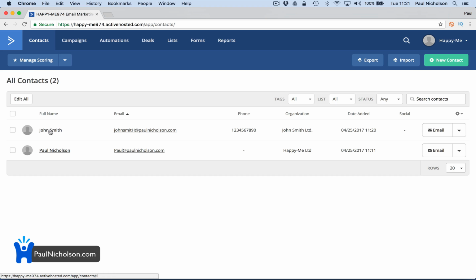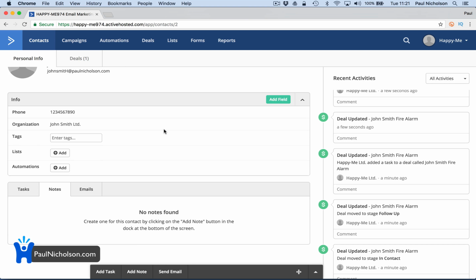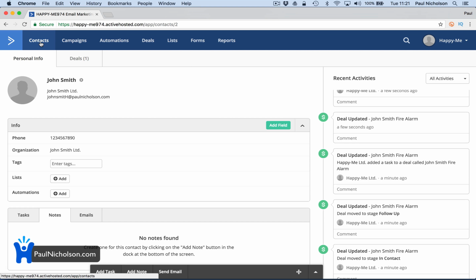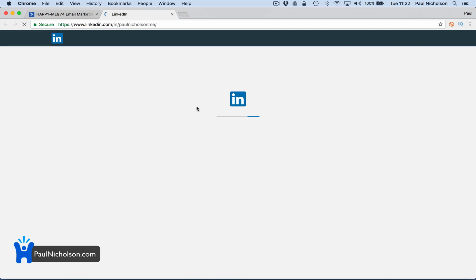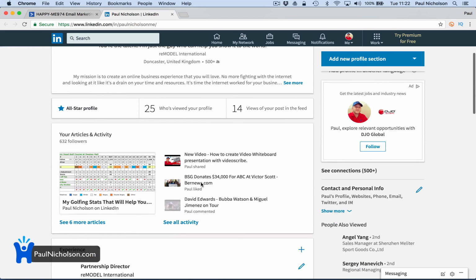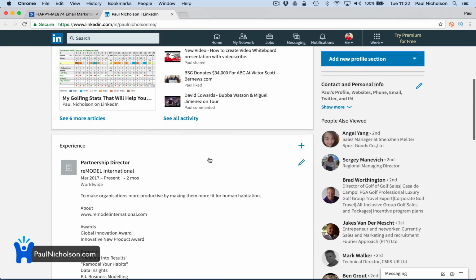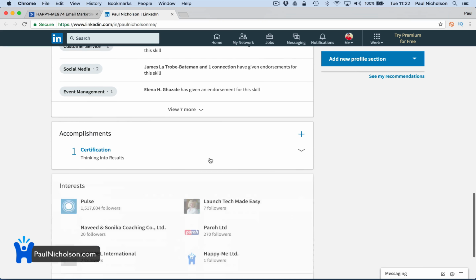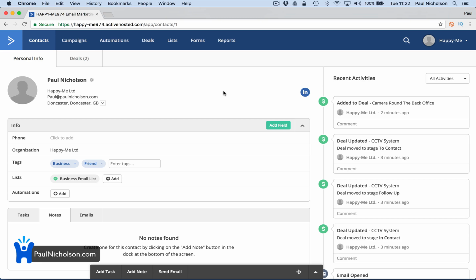John Smith. You can jump in. If that was a real person, you'd probably get some social links up here to go and check them out. So if you were looking at, say, mine, and it showed Facebook up here, you might go and look at their profile. You might go, I don't use LinkedIn enough, but I'm looking at myself as well, isn't it? So if I've got some latest posts, I don't know. You can go and check out what they've been up to, is what I'm saying. If it's a Twitter button here, you can click on their Twitter and go and check their Twitter feed out,